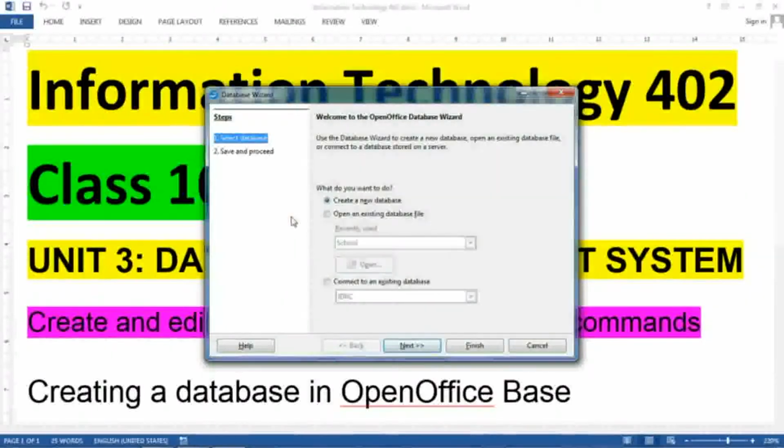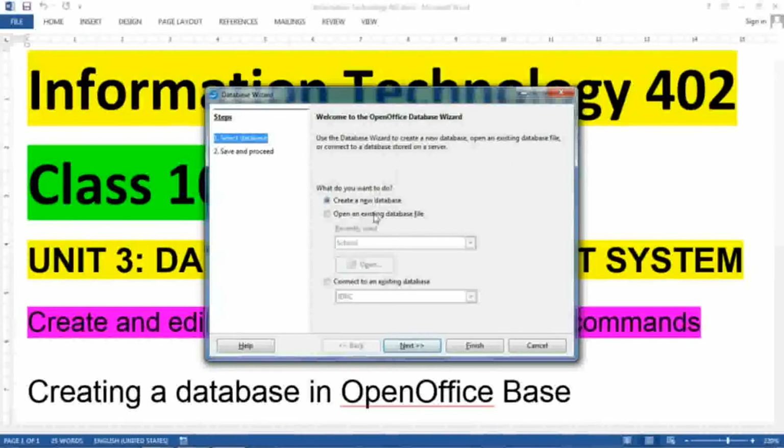So here this is the first screen. When you open it, it will ask you to select the database. So either you have to create a new database or you have to open an existing database. Right now you are learning this, so you do not have any existing database. So the first step for you is to create a new database. Just click on this button.